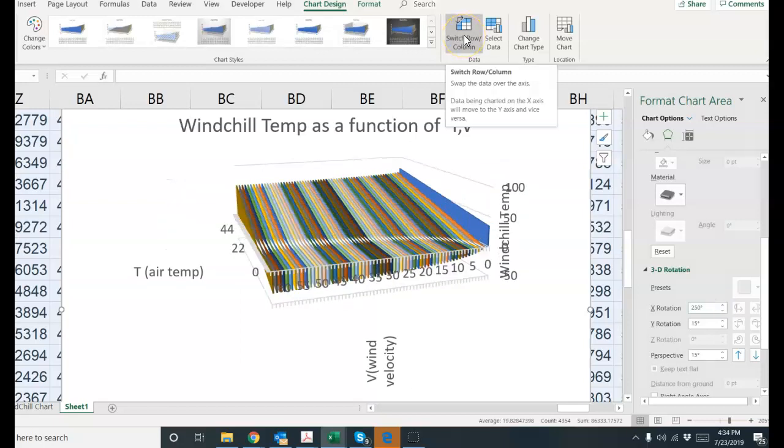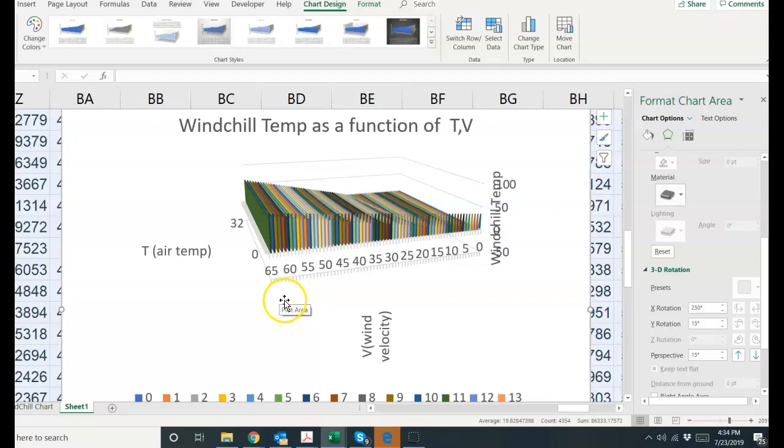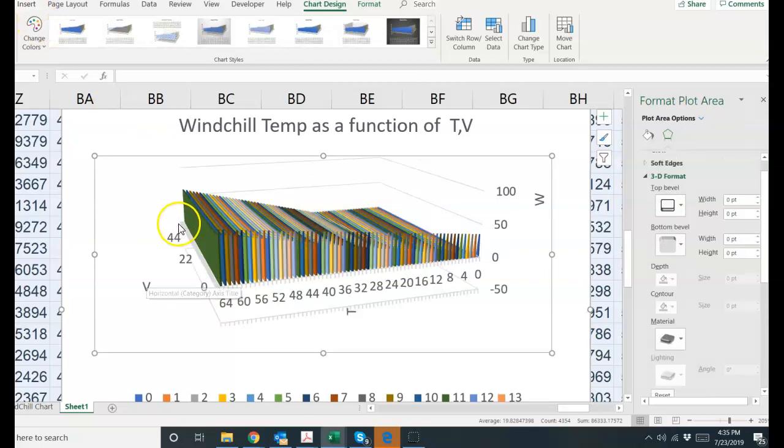What we can also do is, if we want to graph wind chill temperature as a function of velocity at constant t values, we can just click switch row and column. I'm so sorry, we have a variety of wind velocities. Our slices are now actual temperatures, so each slice represents wind chill temperature as a function of wind velocity at